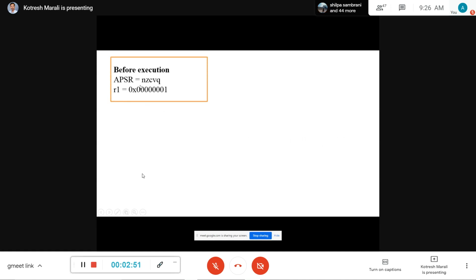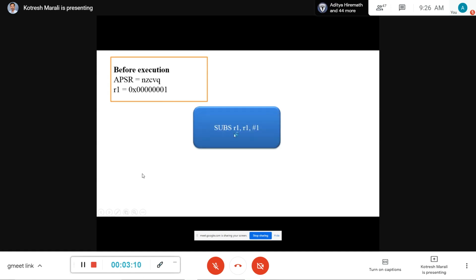This is before execution. I just named here small n, small z, small c, small v, q, where n is the negative flag, z is the zero flag, c is the carry flag, v is the overflow flag, and q is the saturation flag. Now the content of R1 is 1.